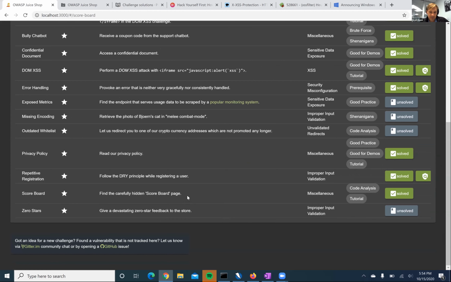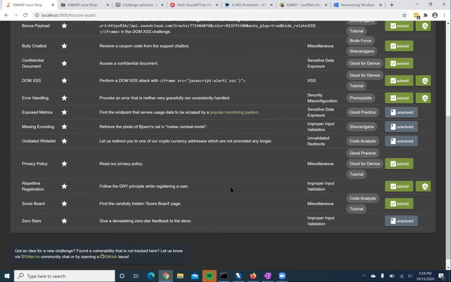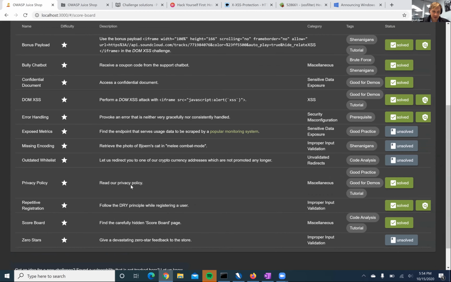In fact, there were a couple of these, I didn't write down exactly which ones they were, where I was just doing something else and then it was like, oh, you've unlocked whatever it was, a confidential document, or you've unlocked read our privacy policy. So some of them were really simple.